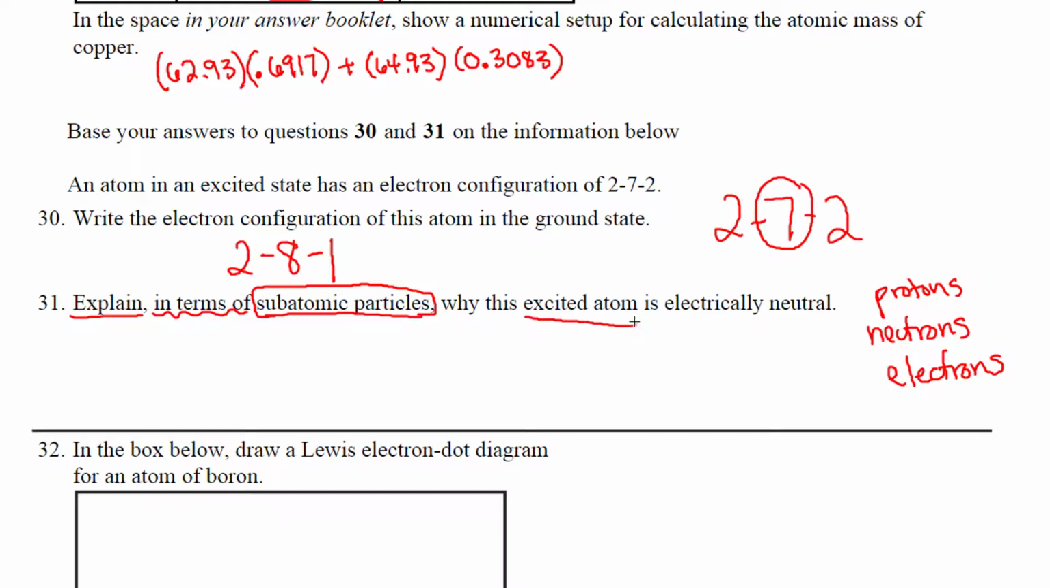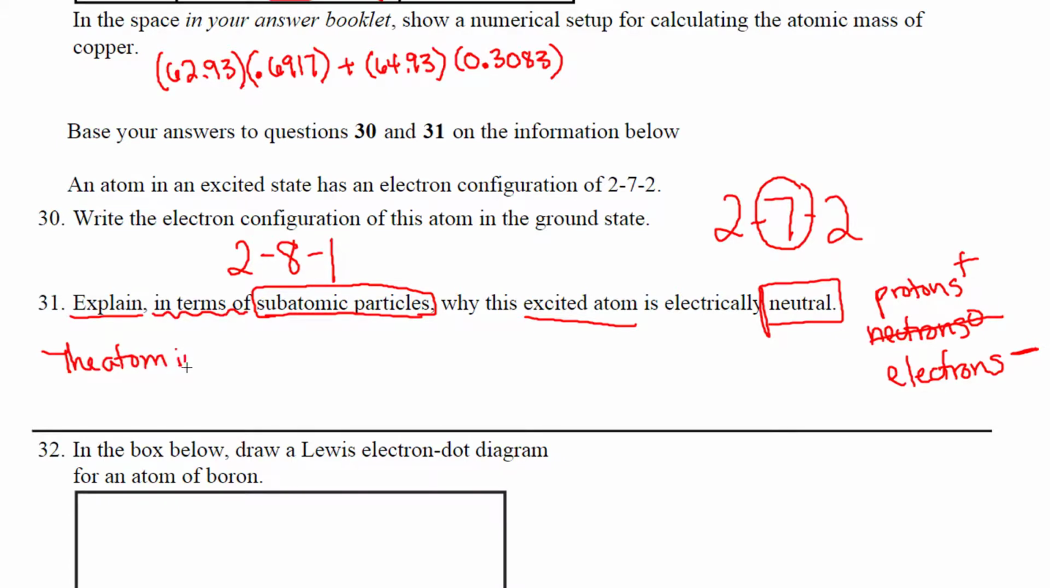So if we want to know why this excited atom is electrically neutral, we need to think about the things that are positive and negative and how they interplay with one another. So it would make sense to include protons and electrons, but we're not going to say anything about neutrons. Now you might think that's weird because it's asking about being neutral, and neutrons are neutral, but neutrons don't actually contribute anything to this charged state of an atom, so we really need to talk about our protons and our electrons. So the way I would answer this is